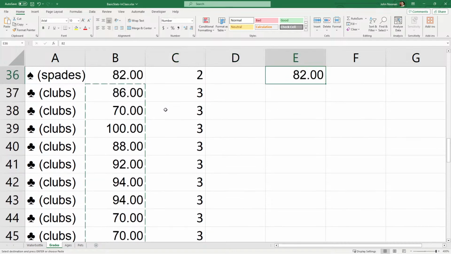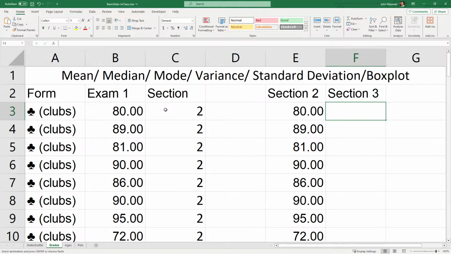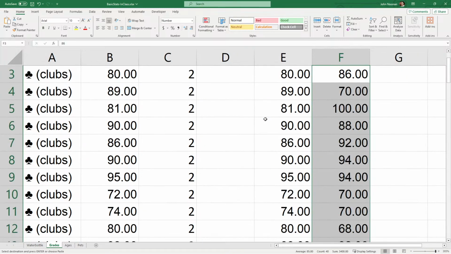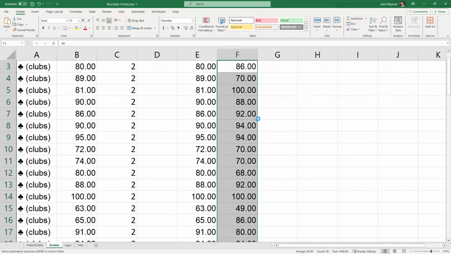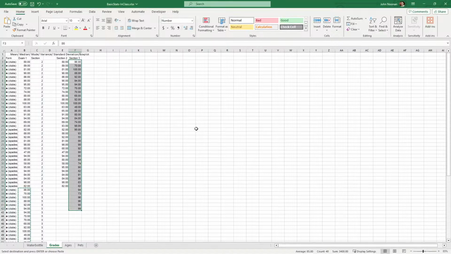Highlight the Section 3 grades, and here's what it should look like when you're done: 2 columns, Section 2, Section 3. Let me zoom out just a bit. Let's see if we can see the whole thing. Okay. You can't see the actual numbers, but your spreadsheet should look approximately like this, where Section 3 was a little larger. As you can imagine, if you have a choice between having me at 7:50 a.m.